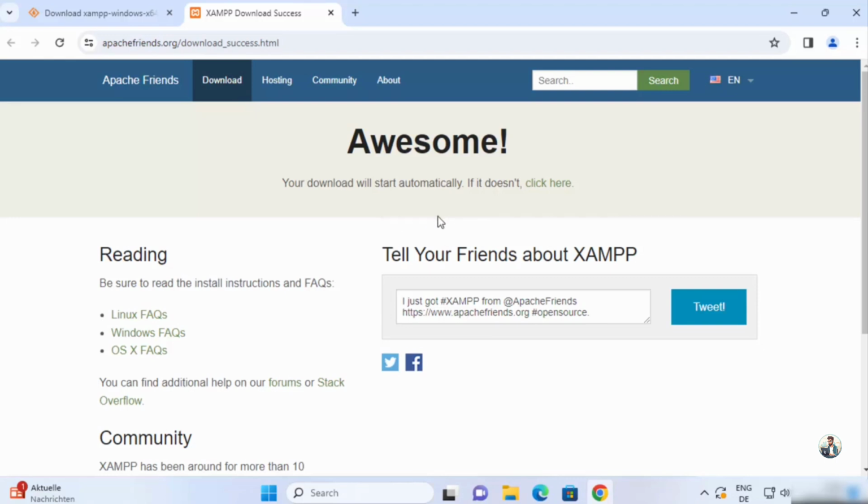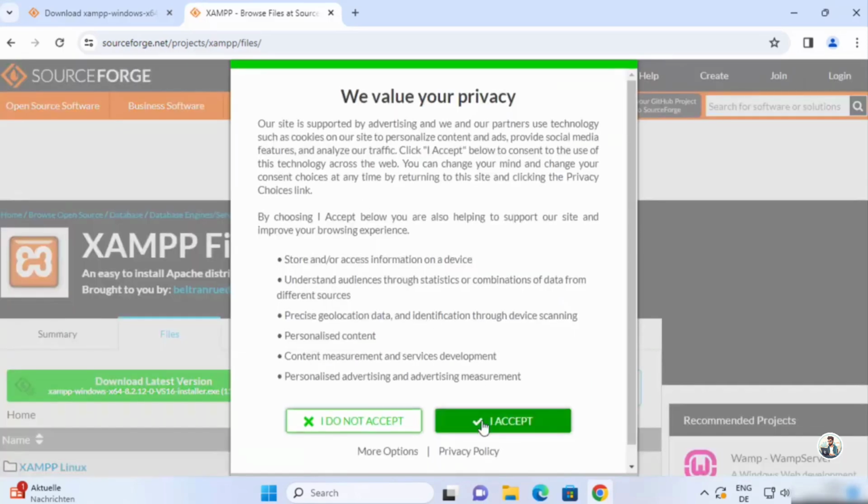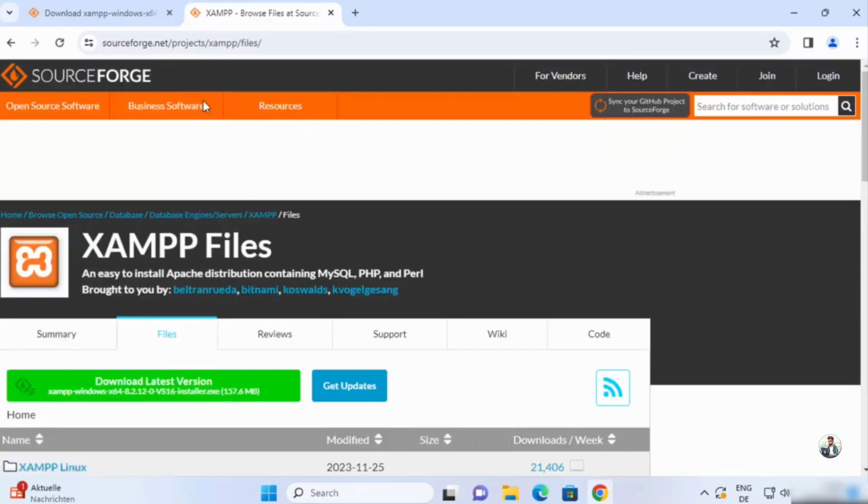And if it doesn't start, then you can see this message. It says your download will start automatically, and if it doesn't, click here. So generally what I have observed is when you click on this link, directly the download doesn't start. So you need to click on this click here link, and then you will see this kind of sourceforge.net